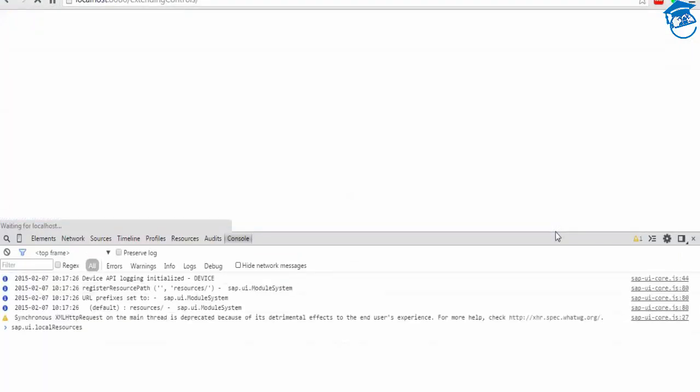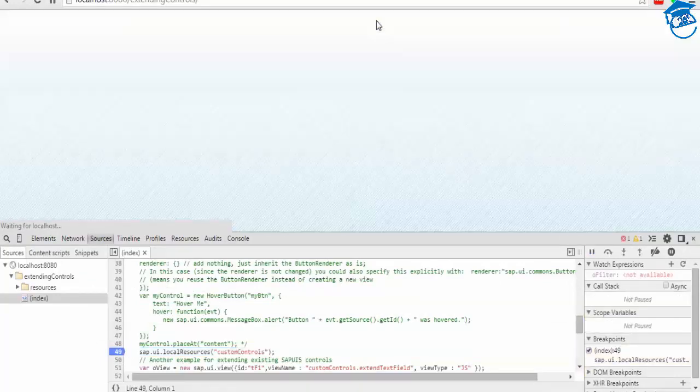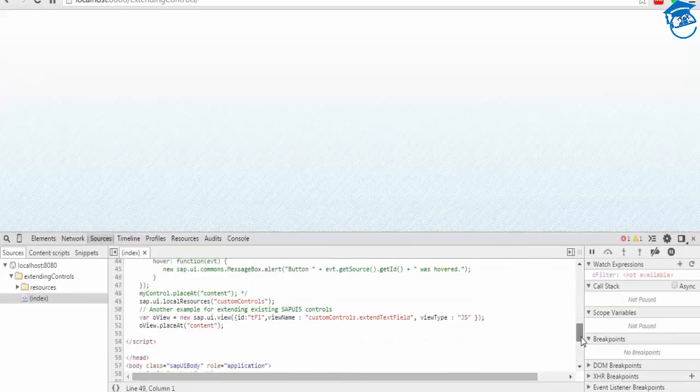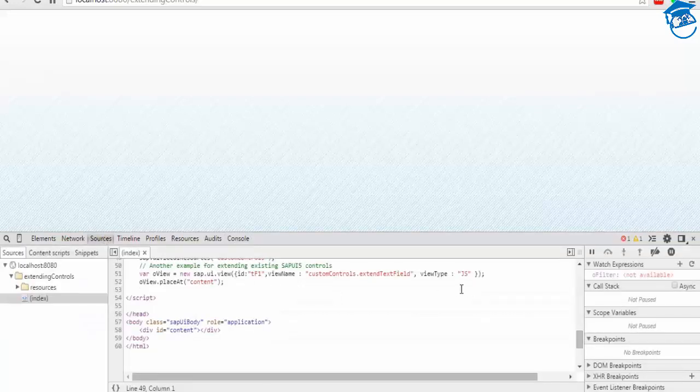So when I refresh this, it will call the text view. So we'll see no view type specified. View type is already specified.